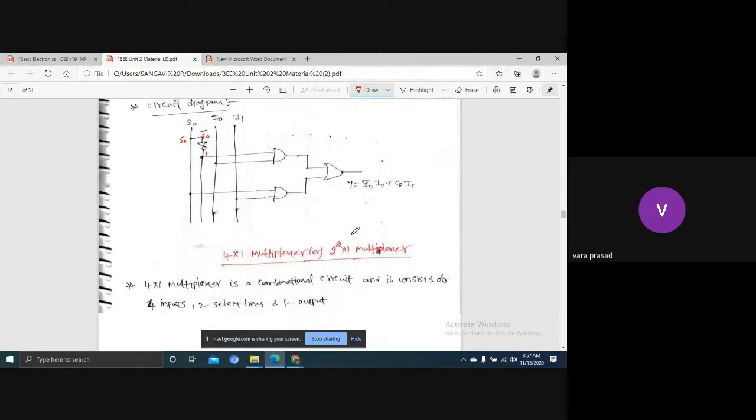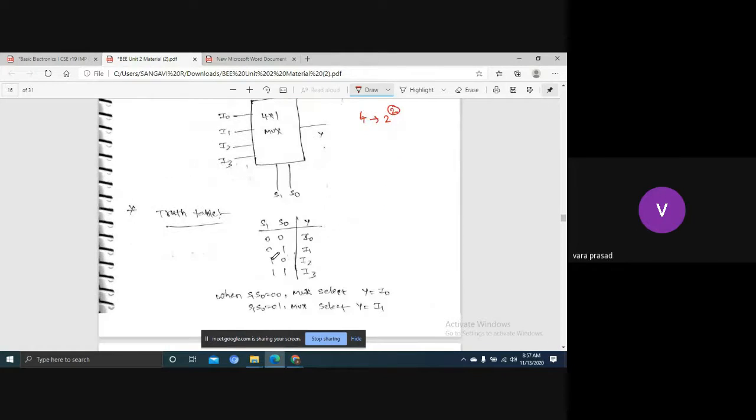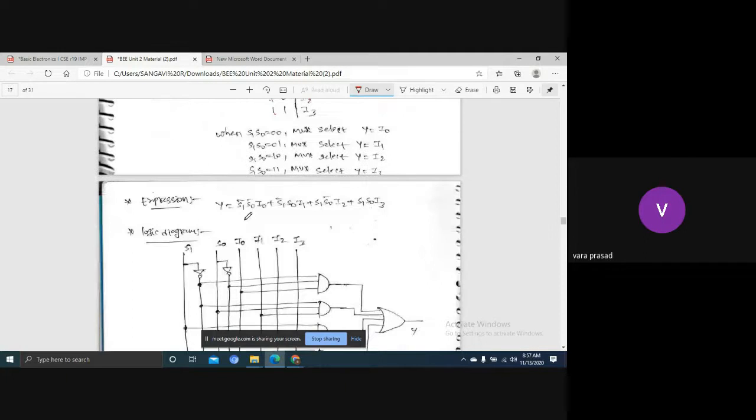Same way, the 4 to 1 mux. See here, I0, I1, I2, I3: 4 inputs, and 2 select lines because 4 can be written as 2 square. The select lines are S1, S0. 0 0 selects I0, 0 1 selects I1, 1 0 selects I2, 1 1 selects I3. Then we get Y equal to